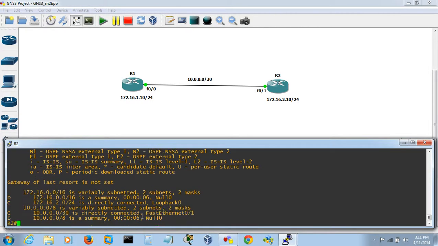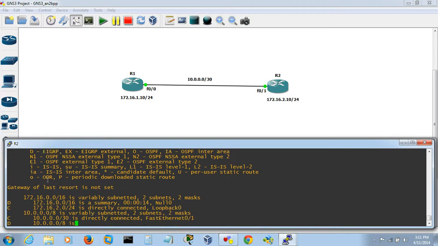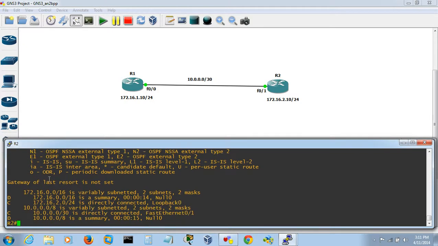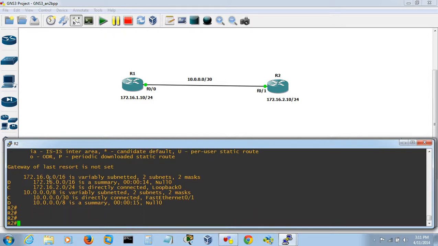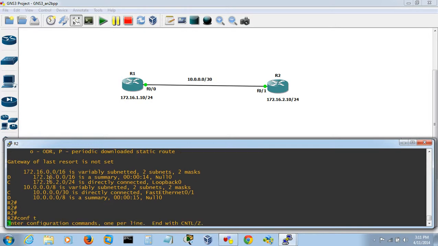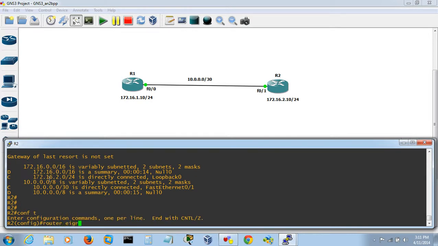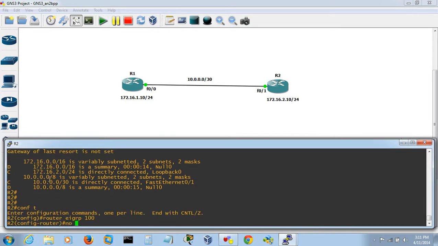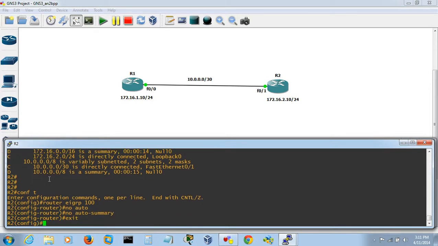You will find something surprising. Now it's taking, still it's showing, right? Which means even if you advertise like this, you must give no auto-summary. So what I want to do now, conf t, router eigrp 100, you need to say no auto-summary. Clear?